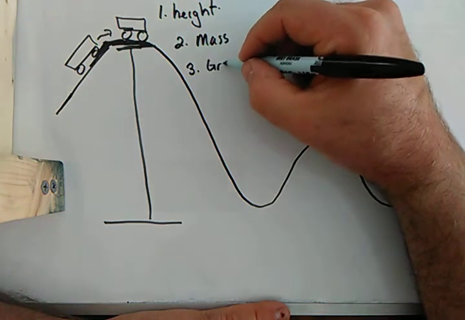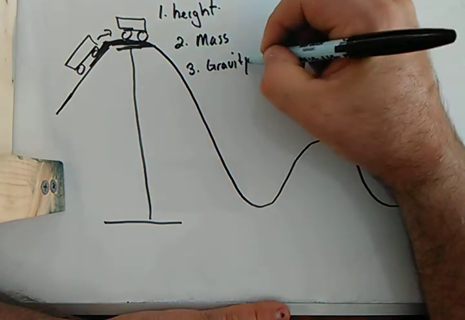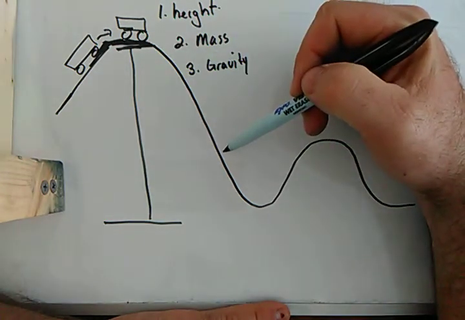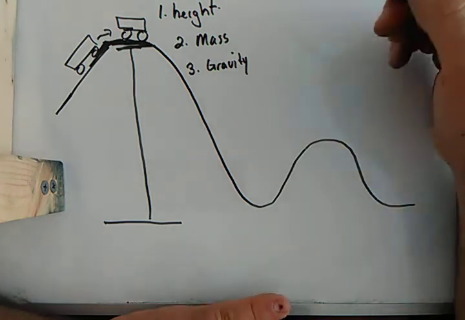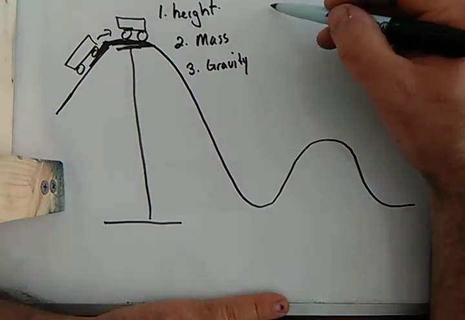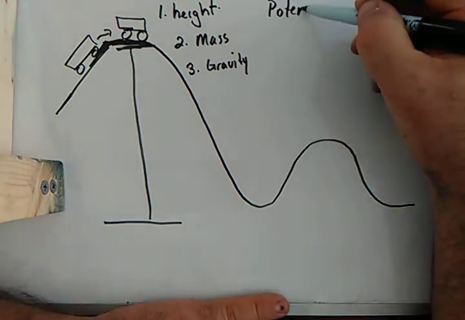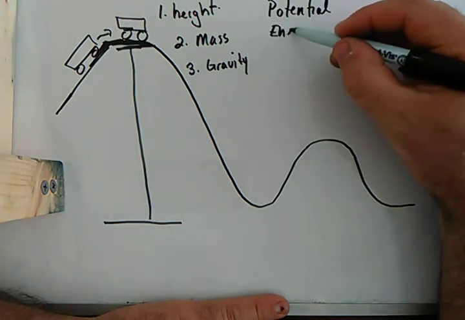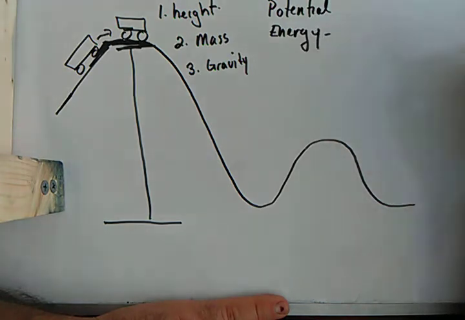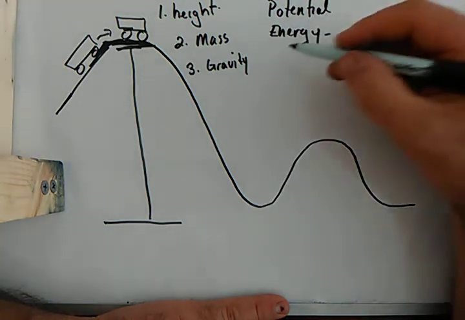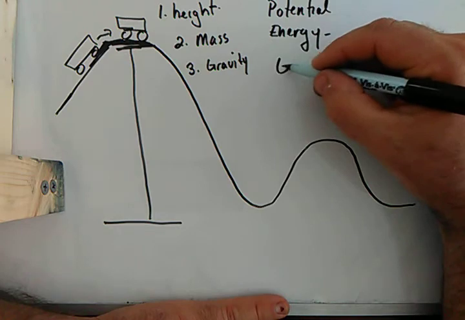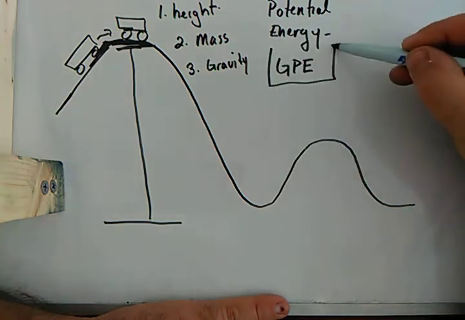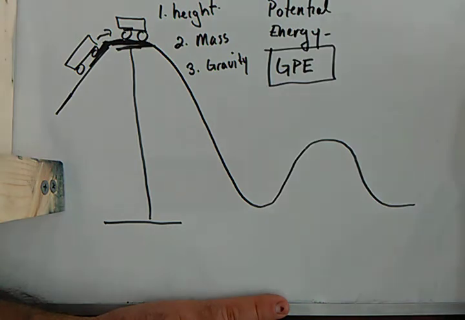Gravity is going to be the thing that pulls it down the hill. So this is your first introduction to something called potential energy. Okay, so potential energy. We're going to call potential energy GPE. If you want to box that in, you can. Gravitational potential